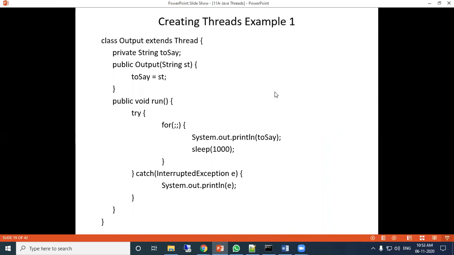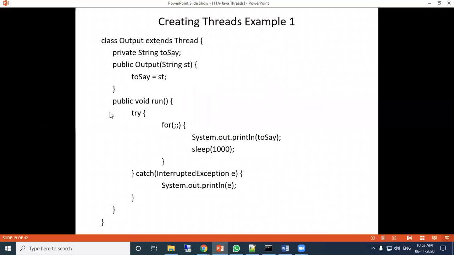So in the last class we have discussed this example. Here one class we have defined, that is output class, which is extended from thread class, and inside the output class there is a local private data member, to say, and that is initialized through the constructor.